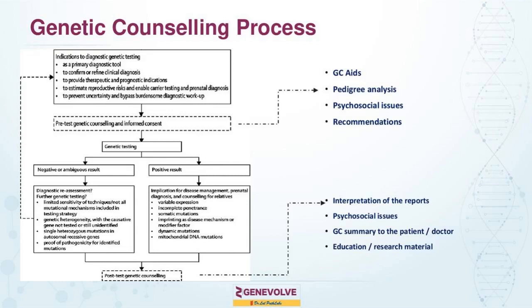Is it recurrence risk, knowing the recurrence risk for family planning, or are there therapeutic indications? All these aspects remain important, followed by which a pre-test genetic counseling session can be conducted. What exactly happens during the pre-test session is foremost the clinical history and the family history. The family history is taken in the form of pedigree analysis. Also, the concerns and psychosocial issues pertaining to the patient and the family are taken, and all these aspects are noted. Once proper consenting has been done, then genetic testing can be taken up.